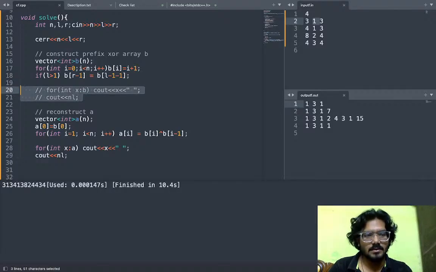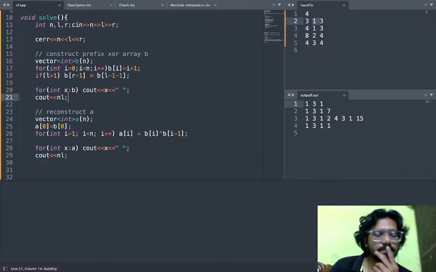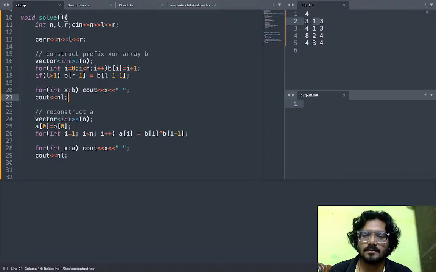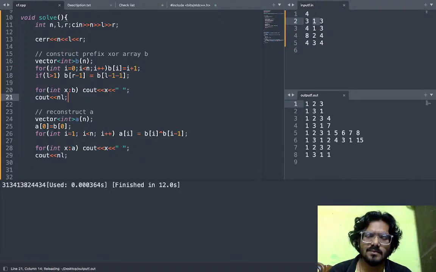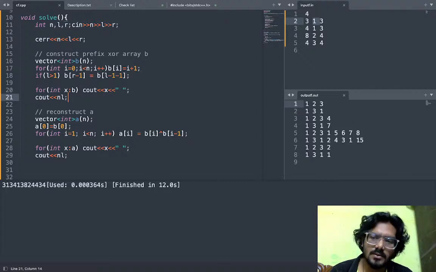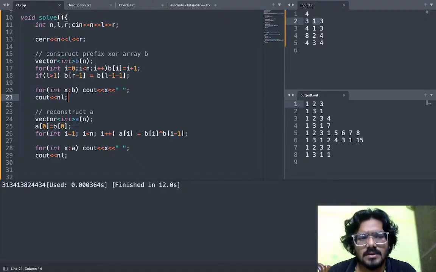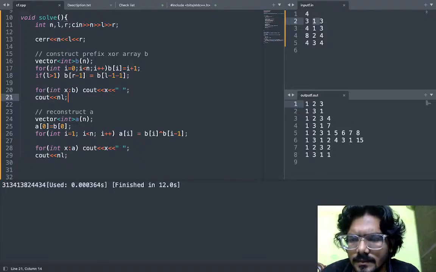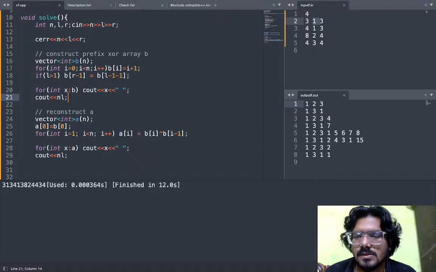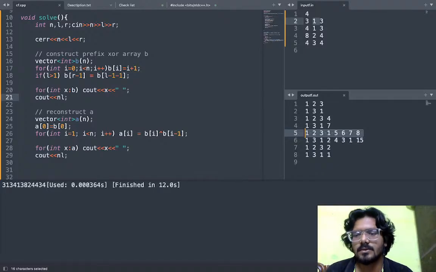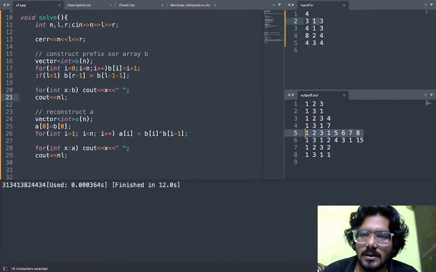Let's see what's B that's cooking here. Okay, B is 1, 2, 3, and B is 1, 2, 3, 1, 2, 3, 4 actually. 1 and 3 need to be same and it's not doing its work, right? 1 and 3. 1, 2, 3. 2 and 3. 1, 2, 3, 1, 5, 6, 7, 8 and we want